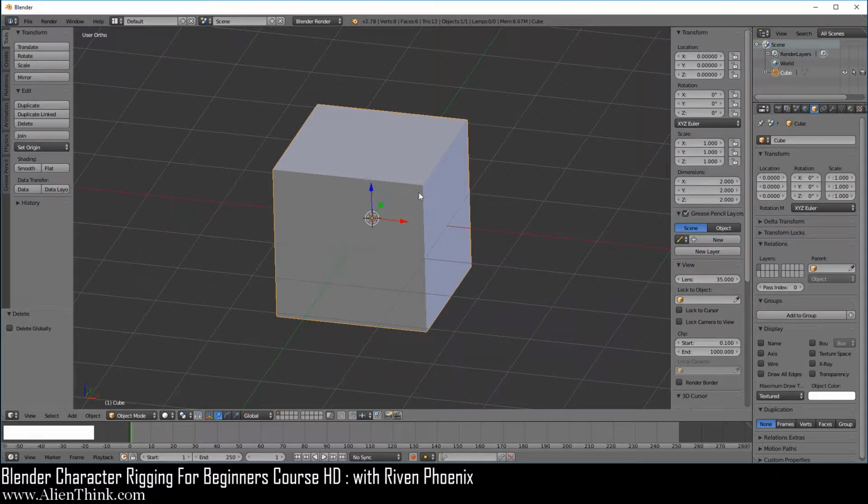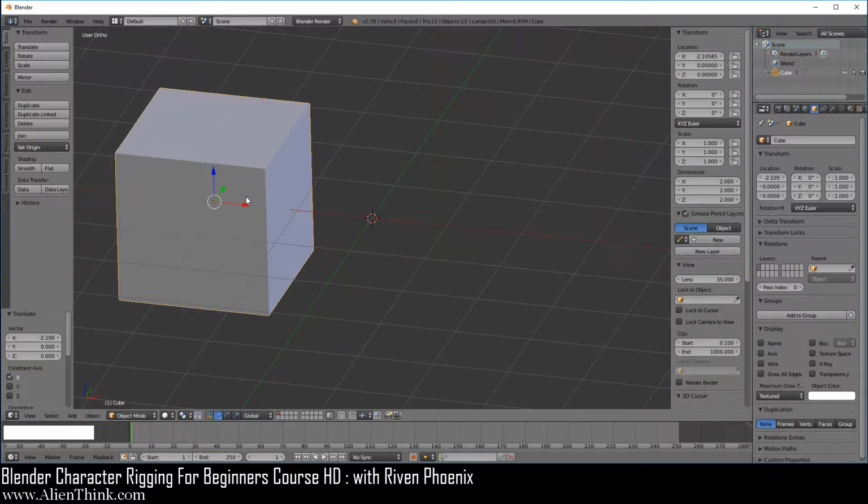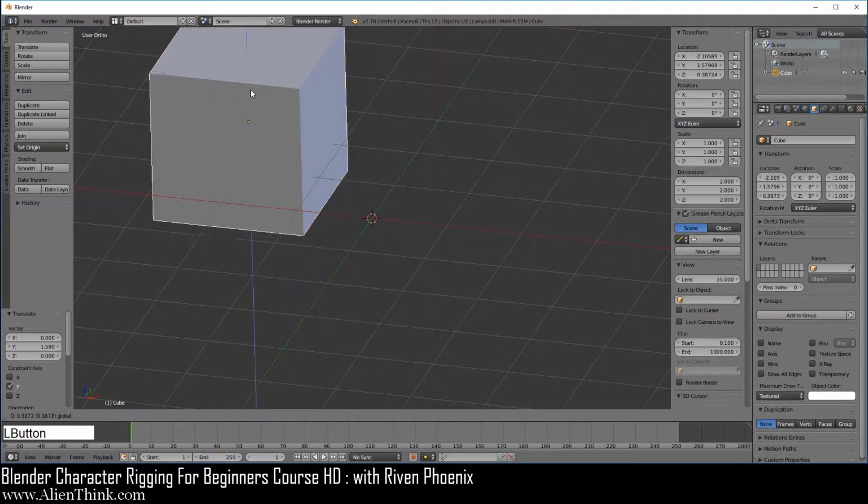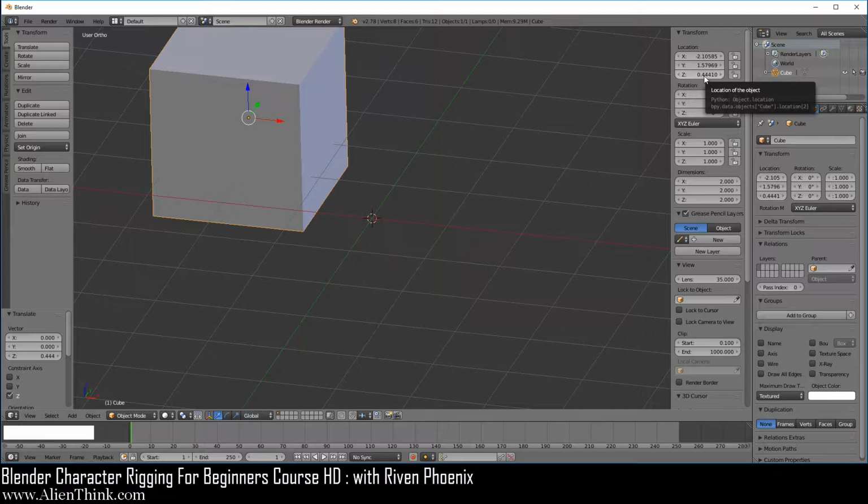Now notice this. When we click on this red arrow and move this object to the left, here Blender is showing you where your object is inside the 3D scene, at -2 on the x-axis. If you click on the green arrow or the blue arrow, here you can see what Blender is showing you: how much your object has moved from where its starting position was, where it was at the center of the 3D grid.